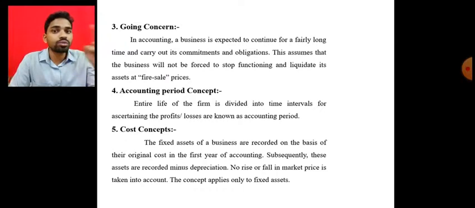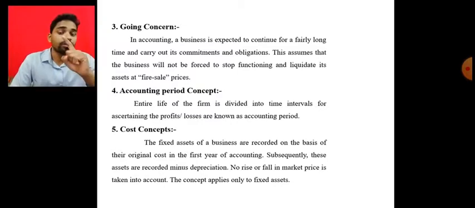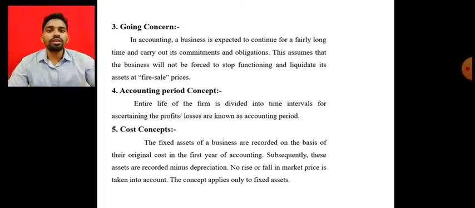So in the year 2021, which value do we have to record, book value or market value? Book value. Whatever we purchased in 2020 for rupees 5 lakh, we have to maintain as it is in the books of account of 2021 as 5 lakh only. Even though the market value in 2021 is rupees 6 lakh, the market value is ignored and the book value is maintained. These are the important concepts of accounting.